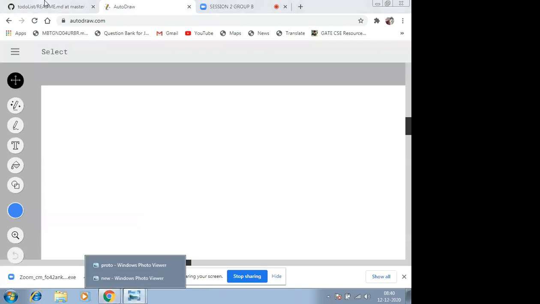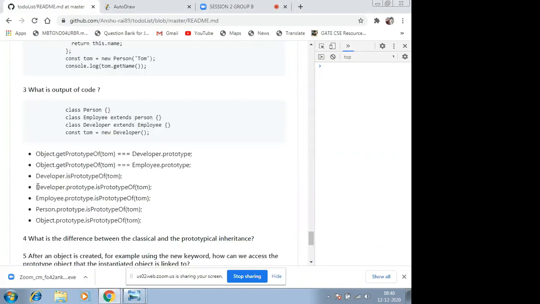If you see the question, we are not comparing the prototype of developer. We are comparing it with the developer object only, right? I'm not saying give me the Tom prototype and then check with the developer prototype. I am saying give me the Tom prototype and check with the developer.